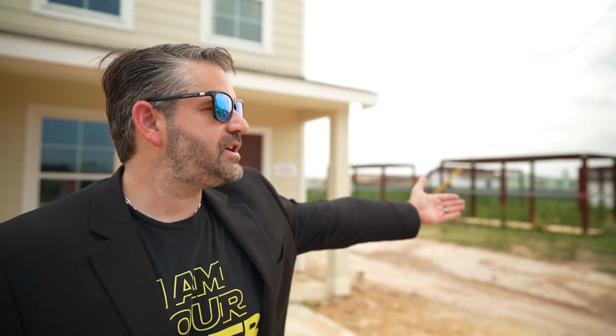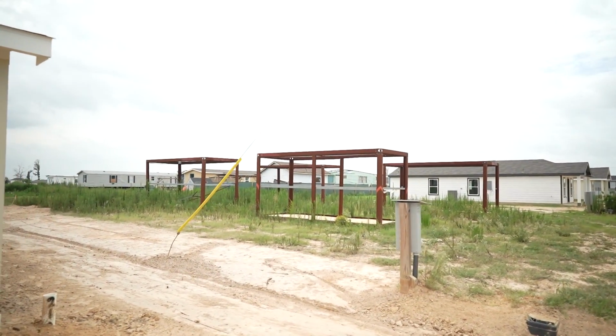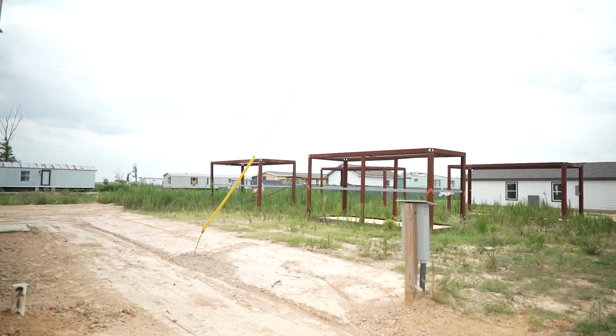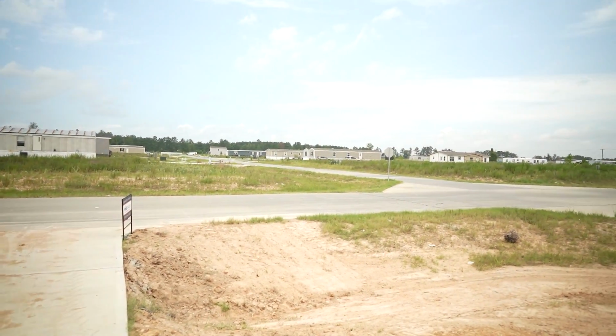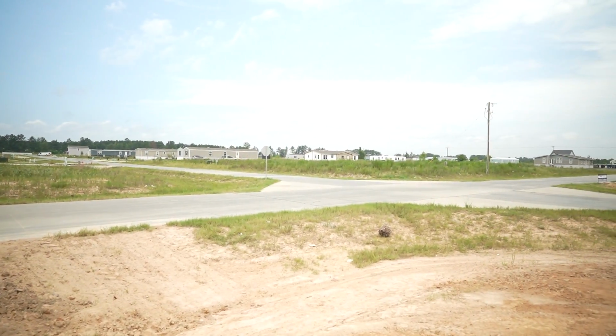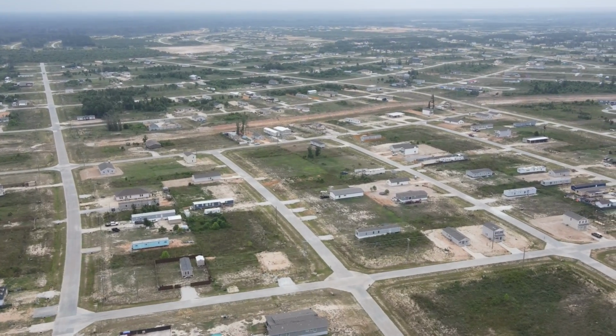But over to the left here, you guys can see, it looks like there's prefabricated frames. I'm not sure if that's for tiny houses or not. Let me show you guys this real quick. Now, what's very interesting about the Santa Fe community is there's a bunch of manufactured homes mixed in with SFRs. As you guys can see, pretty much all of those houses are manufactured homes that have been built on a lot. So understand that there are manufactured homes built in the middle of this subdivision, which again,